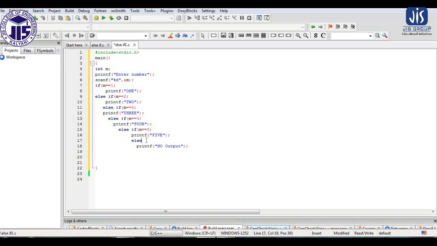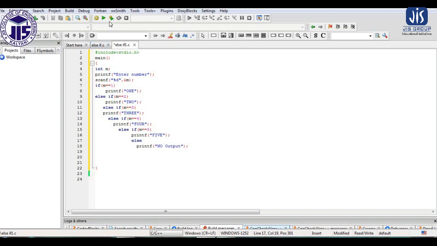So here we are not applying any condition. If the value of m is within 1 to 5, we will get the output, and if the value of m is not within the range of 1 to 5, no output will be there. That's why we are not applying any condition. We may apply, we may not apply, that depends. The last else may hold some condition, it may not.